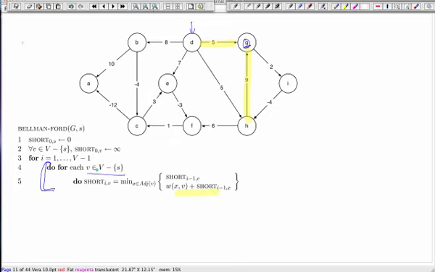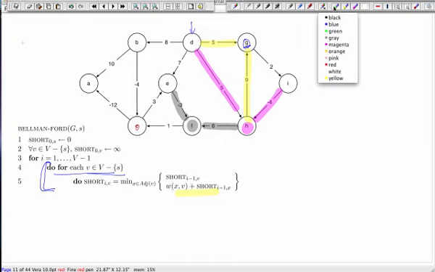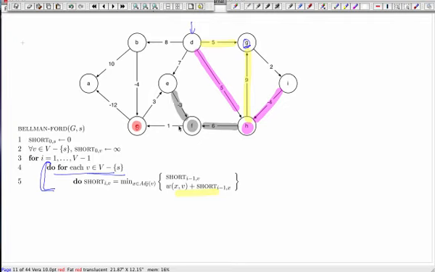So this outside loop is going to loop over every single node in the graph. So then at some point we would come to H, and then we would investigate these two edges which come into H, and then at some point we would investigate F, and we would investigate these two edges. What I'm trying to say is that instead of writing this loop in steps 4 and 5, by looking at every single vertex, if I were to continue coloring this, I'll take the next step. Once we come to C, we would investigate all of these edges, right? So what I'm trying to say is that eventually, after I've colored every single node,